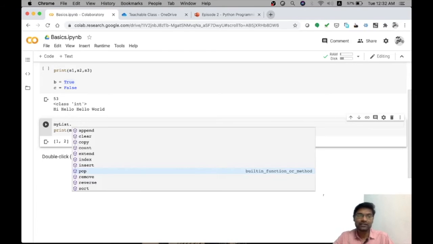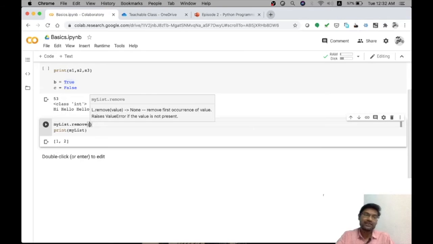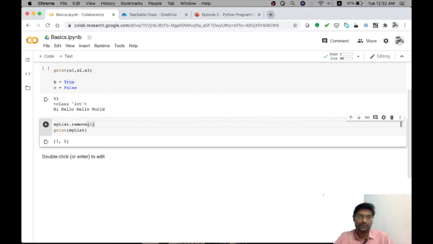So we have seen so far creating a list, adding elements into the list, removing values from the list, and accessing elements based on their indices. We can also remove elements based on their value. Say for example, I want to remove value 1. So I can give mylist.remove value 1. Wherever in the list it will search for 1. If it is present, that element will be removed. So now in the output only 2 is present in this list.